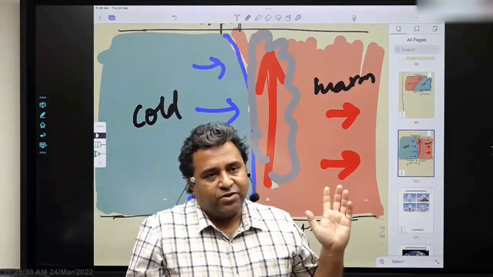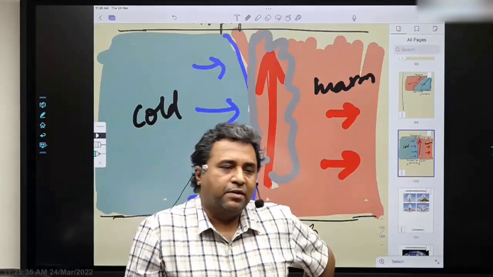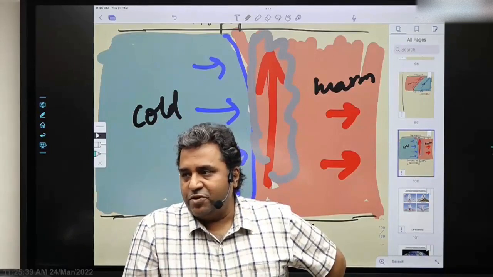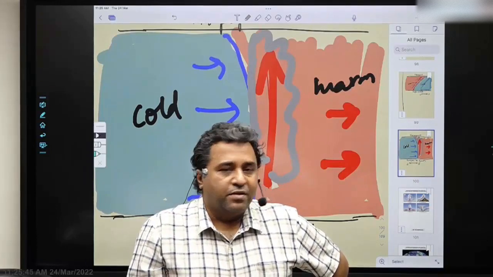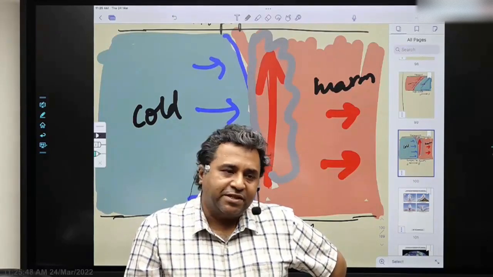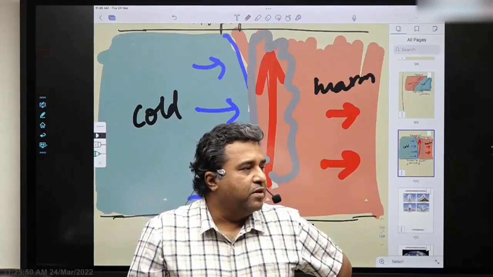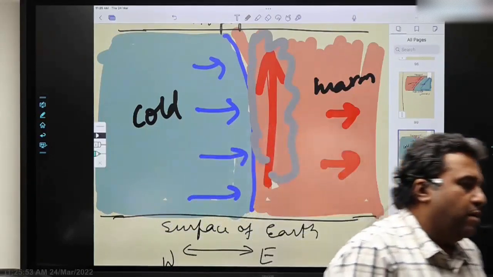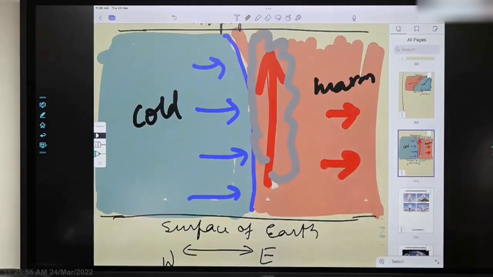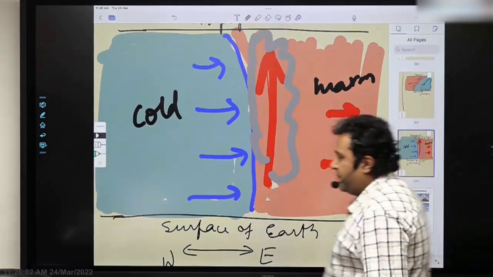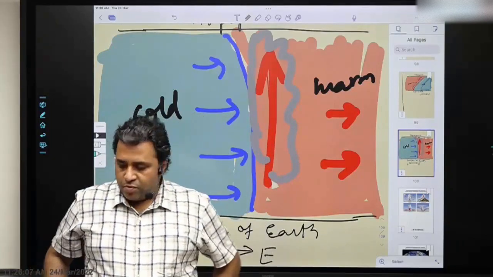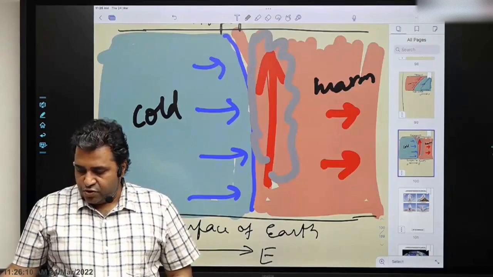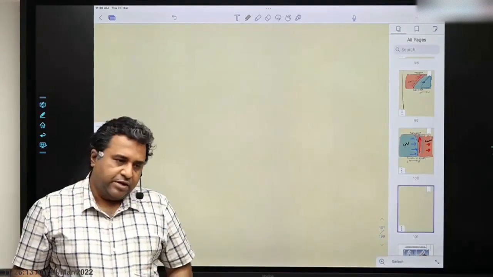Now what is the general direction of movement of all this? क्या लगता है? West to east, right? Why? Because mostly it is happening in the westerly wala region. One. Secondly, the jet stream is also moving west to east, and the waves of the jet stream will also move west to east. So a whole system will move west to east. So we have to write the cold front and the warm front both move in a general west to east direction,